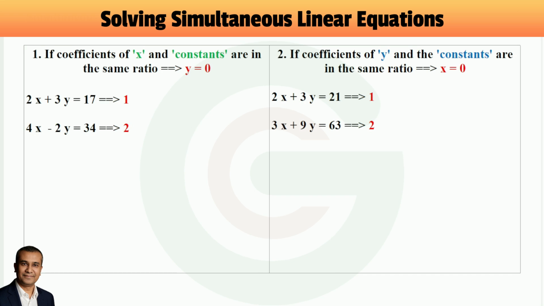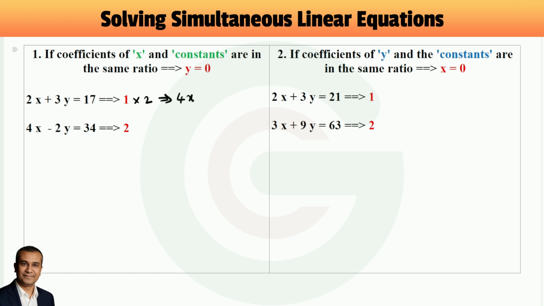This is obvious because if you observe these two equations, here the coefficients of x, that is 2:4, if I take the ratio, it is 1:2. And similarly 17 and 34 are also in the same ratio of 1:2. If we try to solve this by elimination method, generally what do we do? This first equation we generally multiply with 2. So this equals to